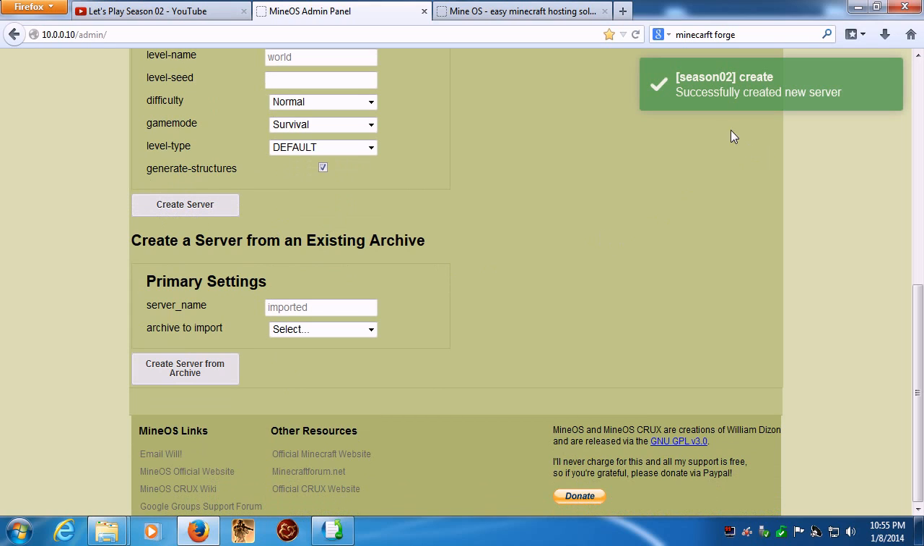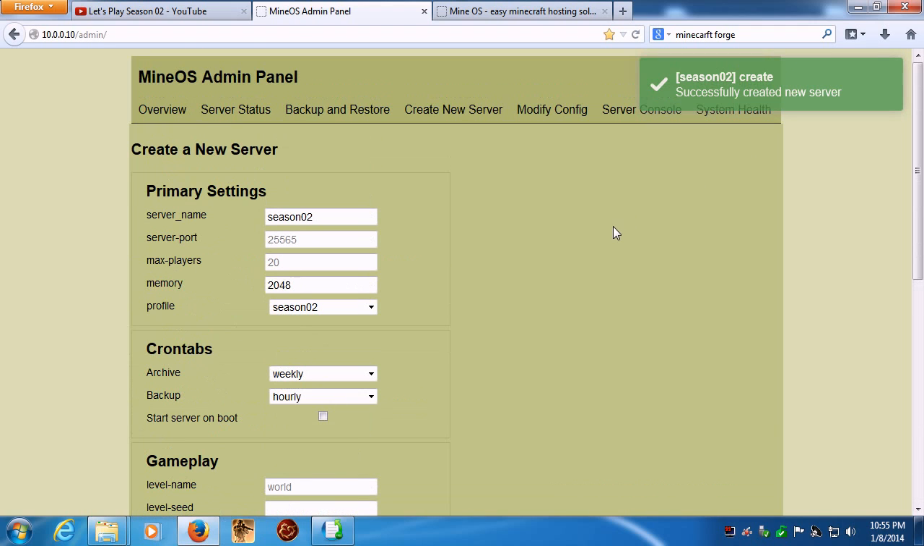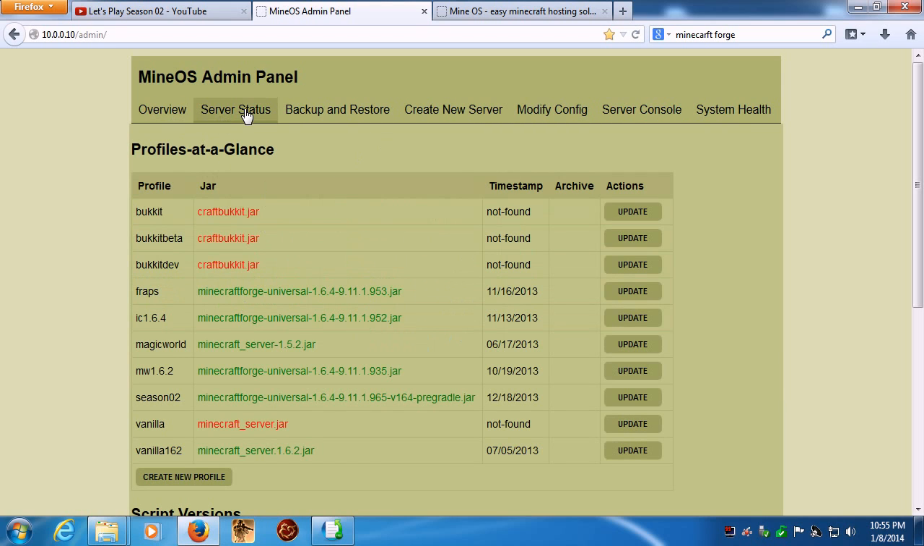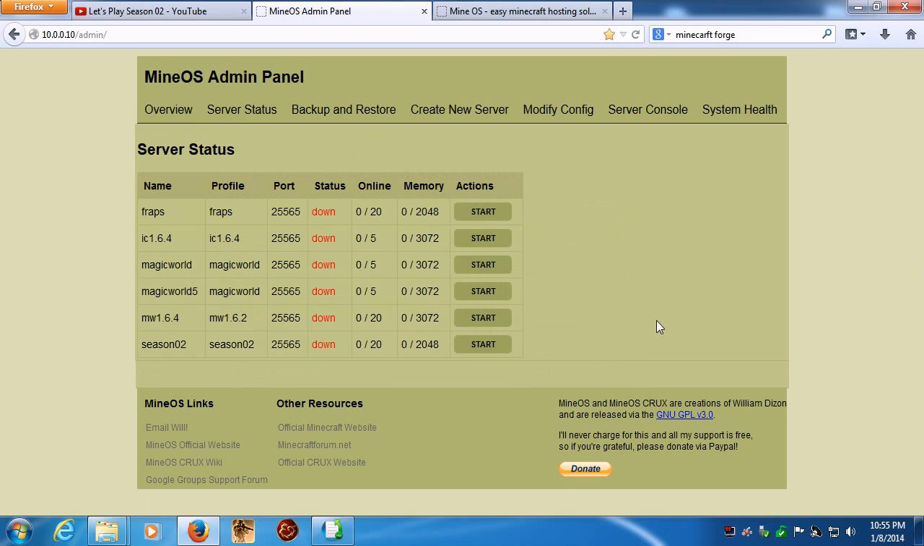So we've successfully created a new server. From here, we want to go to our server status. Now on here, you can see all the different servers that I've created. Okay, most of them are based off of the profiles here. So when we're looking at our server status, here's our Season 2. We can see that it's currently down, and there are no players online, of course, because it's down, and the